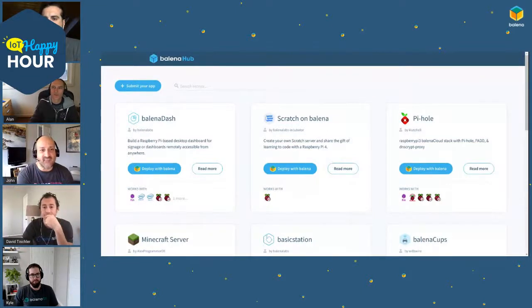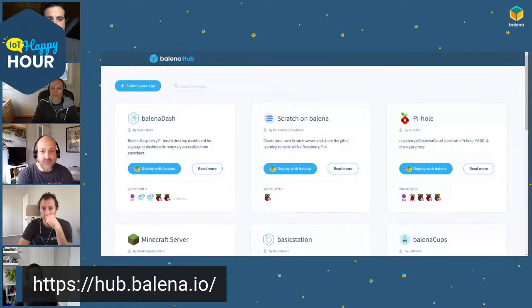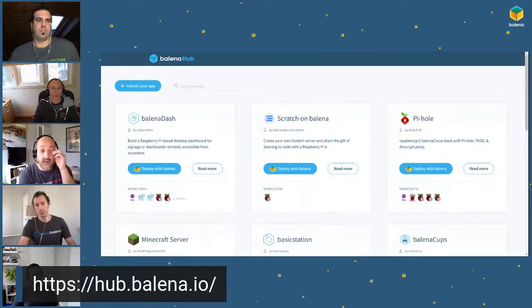balenaHub extends the deploy with Balena functionality that we rolled out a couple months ago. The idea being, with one click, you can pull the contents of a so-enabled GitHub repo and deploy an application to your various devices. The balenaHub takes that to a much higher scale and brings together a variety of projects and applications that were put together by Balena hardware hackers like Alan and Chris and others, but also